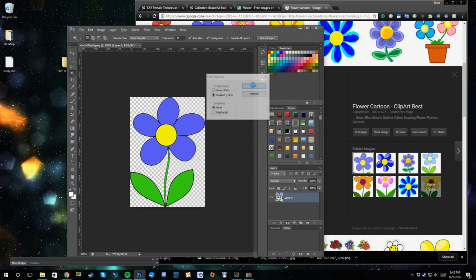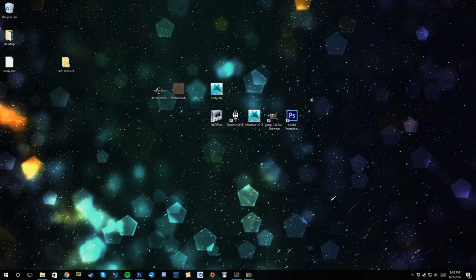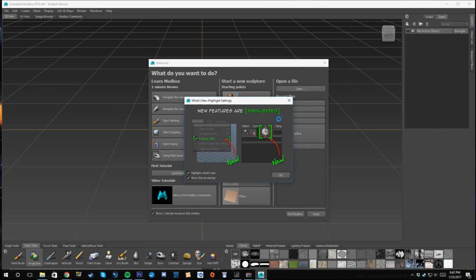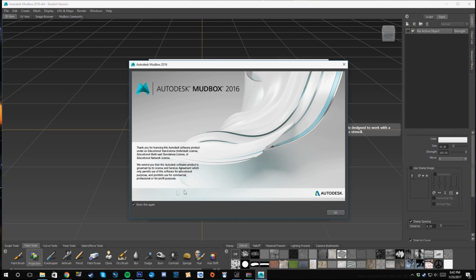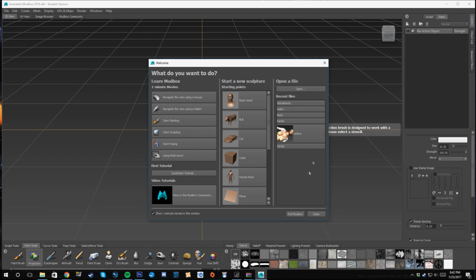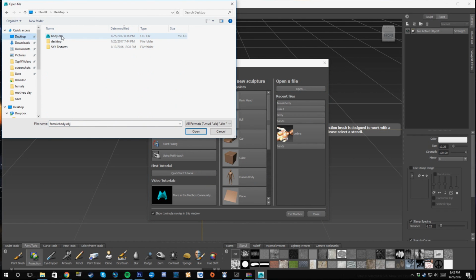Okay, saved. And this is where we will go in and open up Mudbox and then put the tattoos on our girl, and then put it into Photoshop or GIMP, and then get it into the game. So, Mudbox. Let's get rid of this and this. Okay, we're going to open the file. Desktop, body,